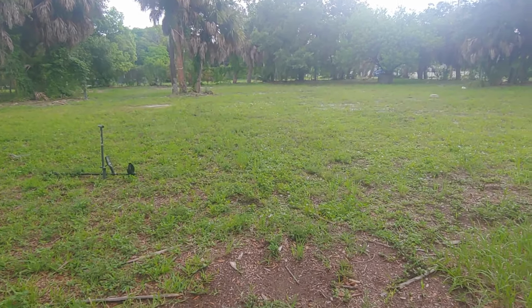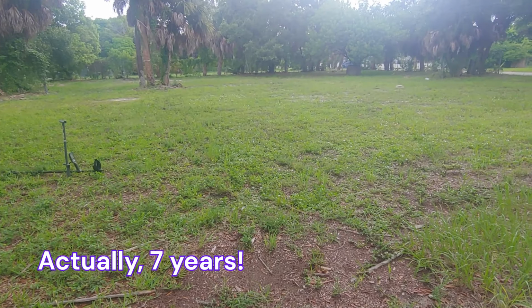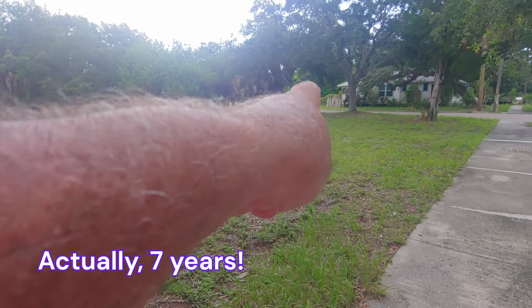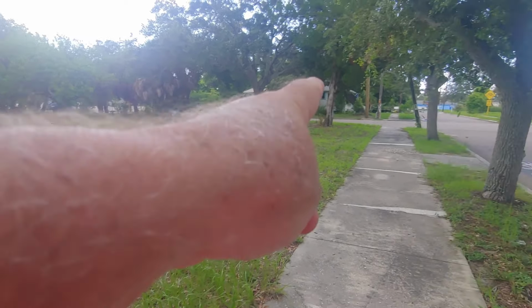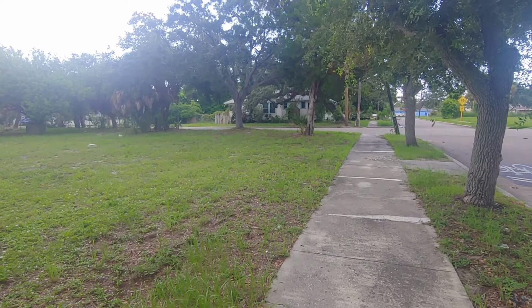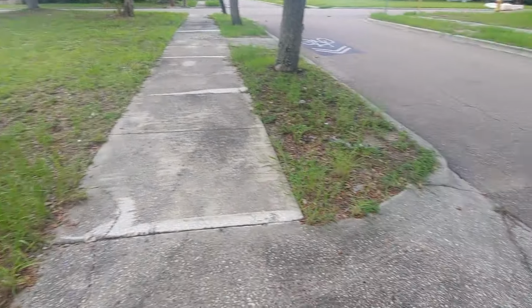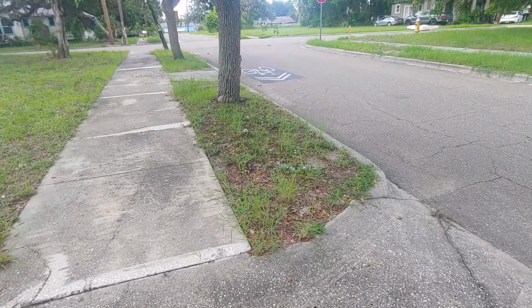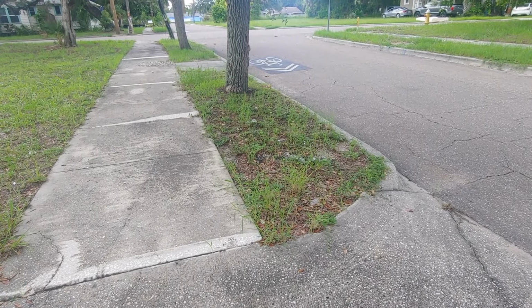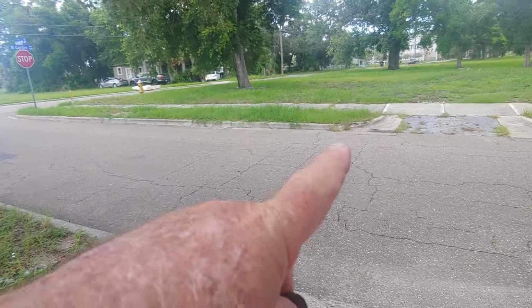Alrighty, good people, I am back out here on this corner lot that used to have a 1918 house on it that I've had permission on for probably over 5 years. I got my first silver $50, which was that 1918 Walker that I hit 4 times with the shovel because I didn't know what a $50 signal was. The house across the street is where I got my very first Indian head penny, a 1909. Those lots across the street, Dalton's pulled an Indian, and that's where I got the incredible fob that you still haven't seen. We've pulled Wheaties off of this corner,